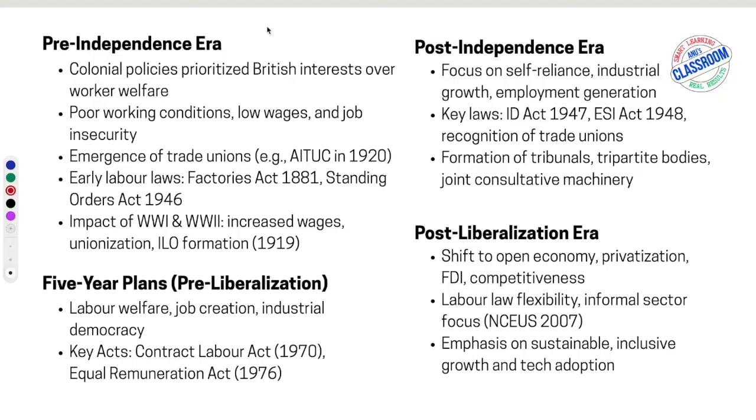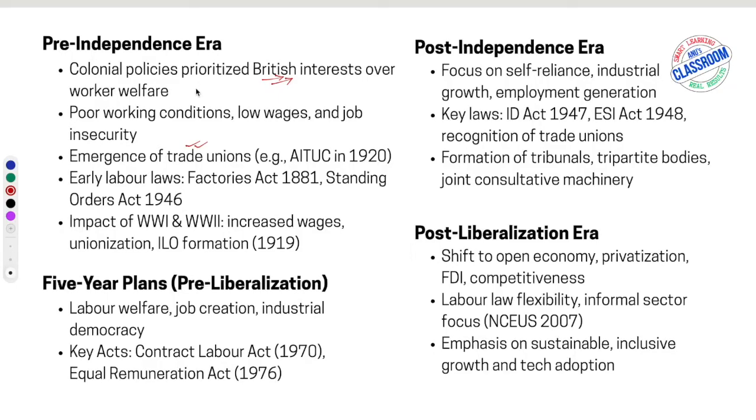It was during that time only, with these factories being set up, they wanted more people to do their clerical jobs. And that is when education also started coming up, schools and railways. During the British Raj, all these things came up to support their interests only. So then what happened? Slowly, workers began to organize and trade unions started coming up. So the first baby steps of trade unionism began during this pre-independence era.